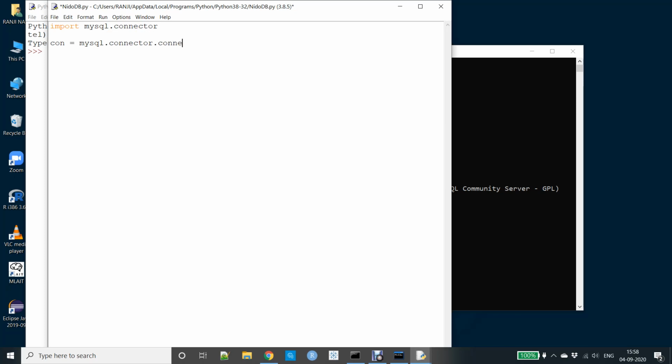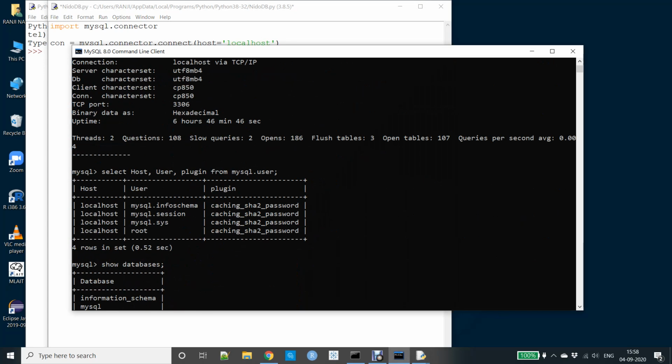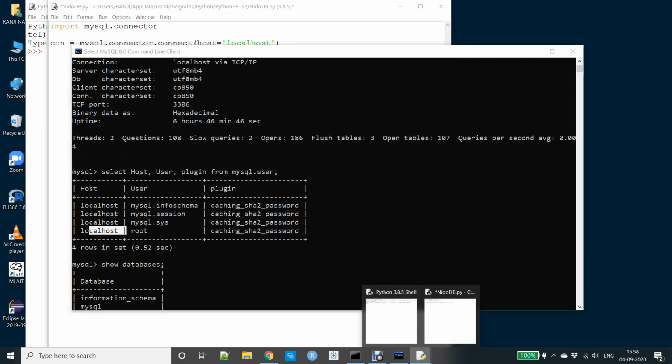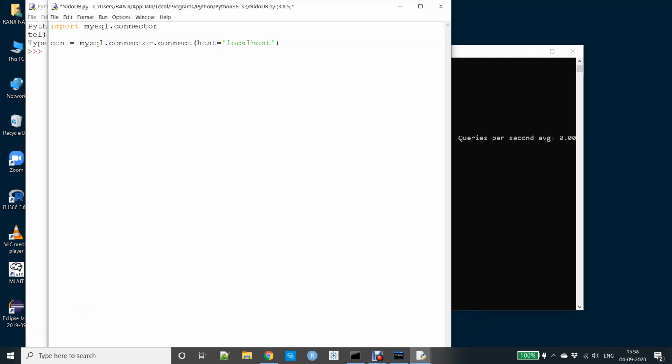I will call the connect method, and to this I will pass host, which will be localhost. From the table we saw, my user will be root, so user is equal to root, and the password of my database is Nido.